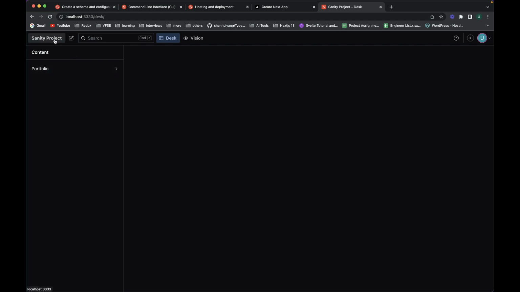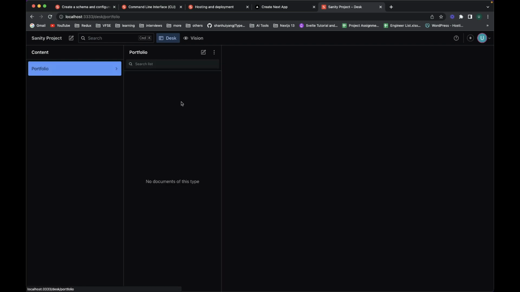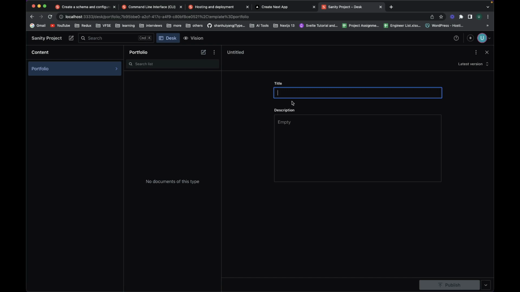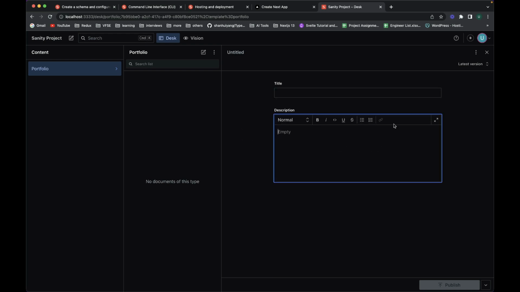And on the left side, you can see that we have this Sanity project, which is the name of the project we created while running that command. And this is the portfolio. Okay, and it contains nothing because we have to add the data in it. But if I click on add new portfolio, it will show me the title and the description which I have created in the schema. Since the description has to be a rich text box, I added an array. So if I click on it, you can see that it is showing the rich text box, and it is a nice looking CMS